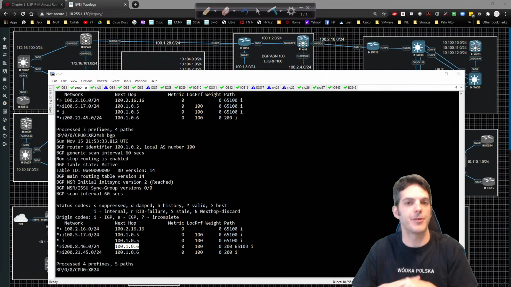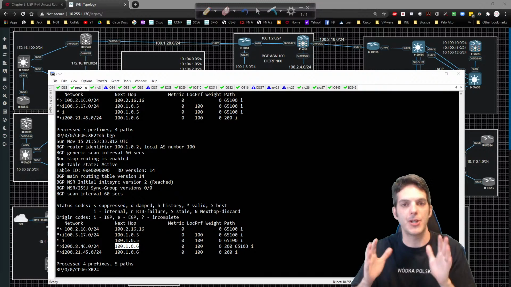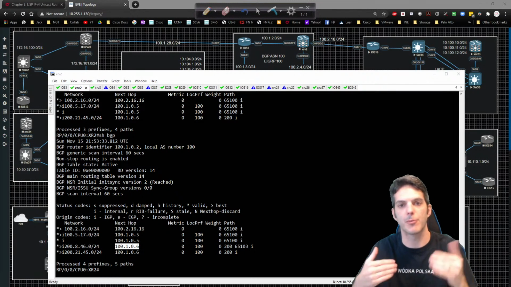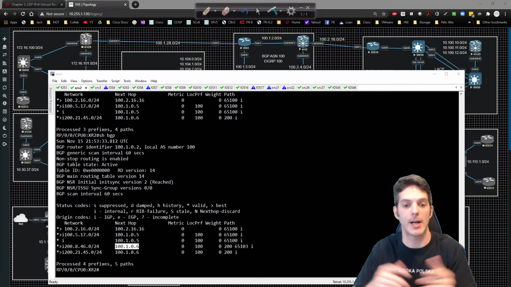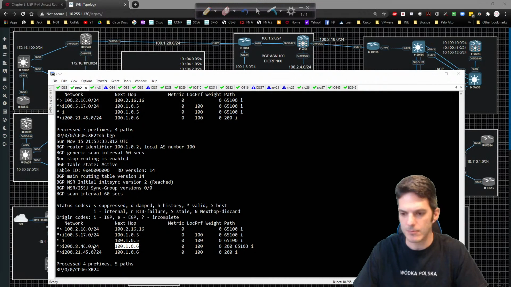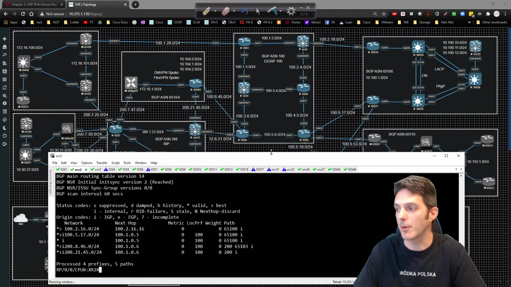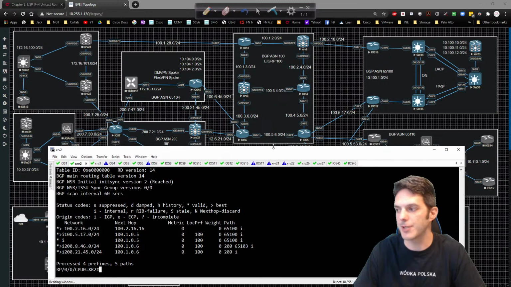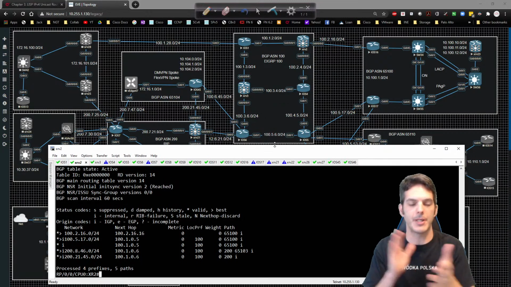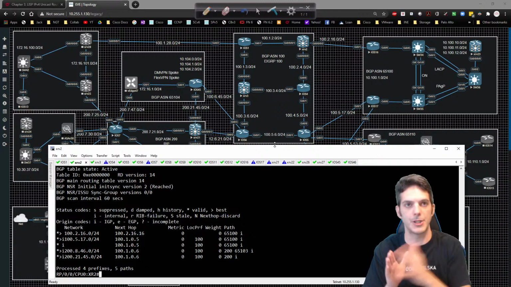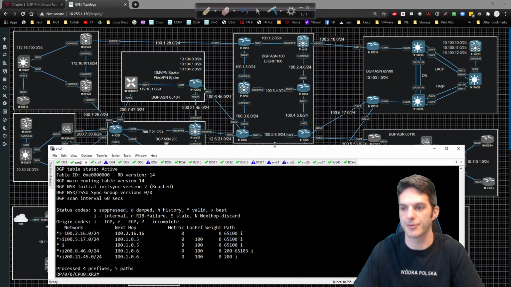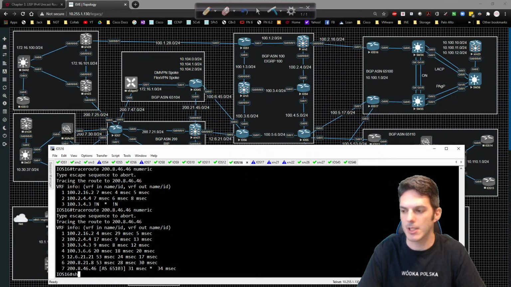How's it going, everybody? In this video, we're going to go ahead and take a look at BGP data plane verification. So I'll walk you step by step through the recursion process and how BGP figures out how to send traffic. So the way that this works is it's actually pretty straightforward, but you definitely have to understand how BGP ties to the routing. BGP and iGP work together in this particular situation. So if I'm on 16 and I do a show IP route,